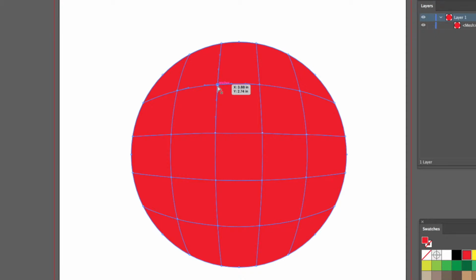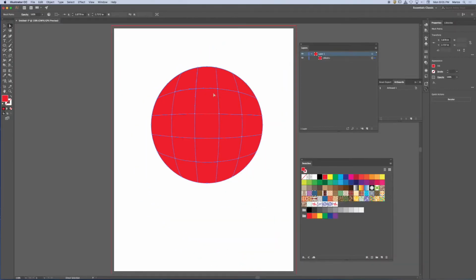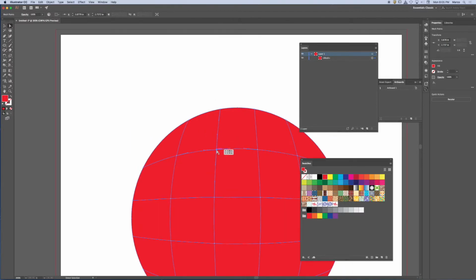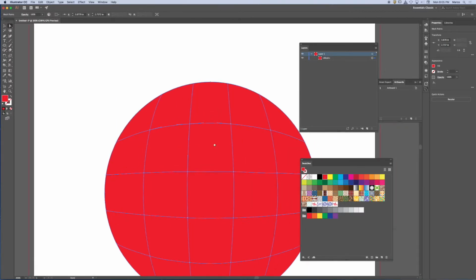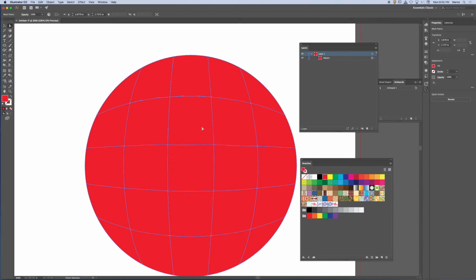So this anchor is active, the others are ignored. Let me zoom in. This anchor is active, the others are ignored. So when I add a color to this, I'm going to add yellow to this spot. When I add yellow to this spot, the color will become a gradient. It'll gradiate to the nearest anchor,